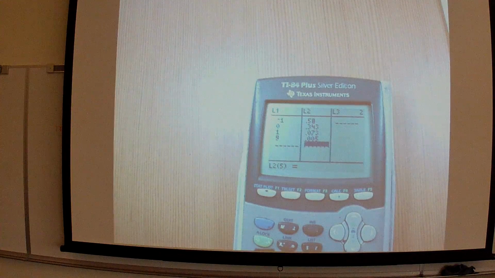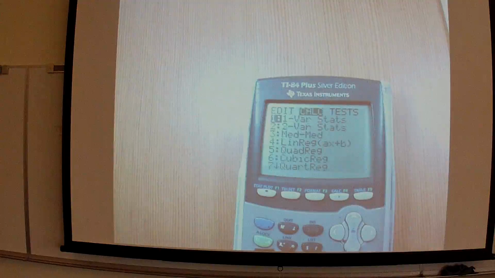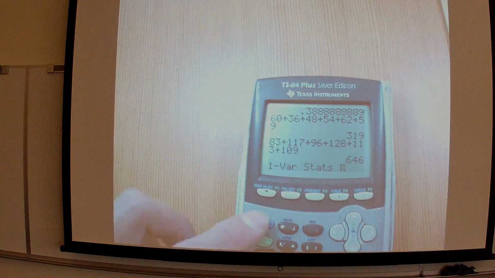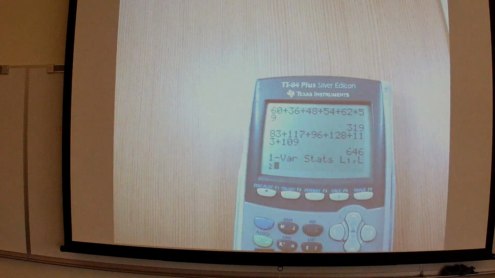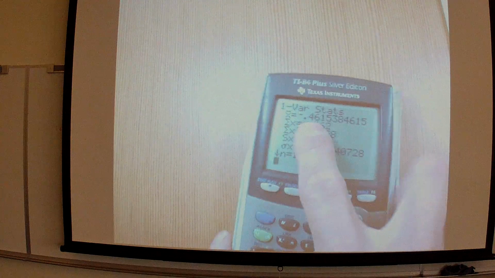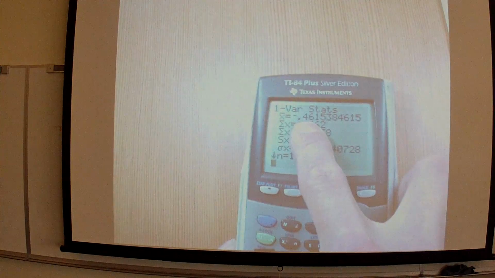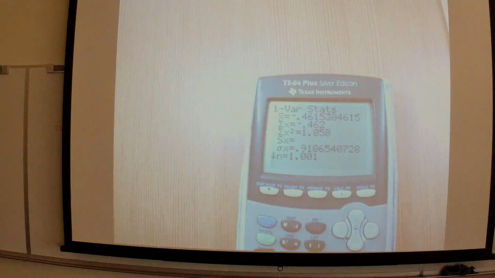Here's how Haley got the -46 cents. Actually, you guys know this, right? You know how she got that. She ran one of our stats on L1 and L2. And there is your average right there of -46 cents. So that's how much on average we're losing. So basically, instead of going up and handing $1 and asking to roll the dice, just walk up with 46 cents, hand it to the person behind the bar, and walk away. Because that's what's going to happen on average, and it would save them a lot of work.